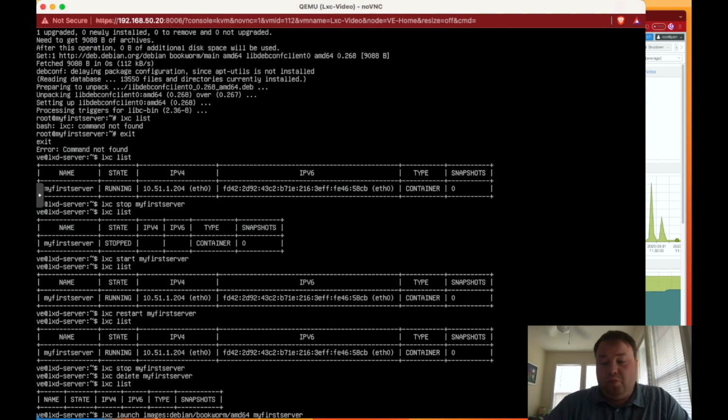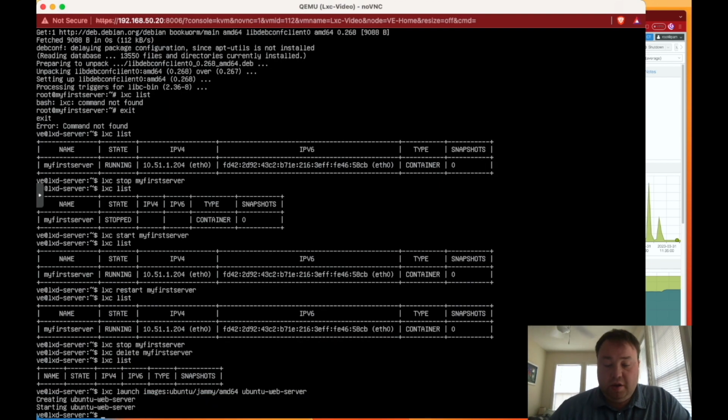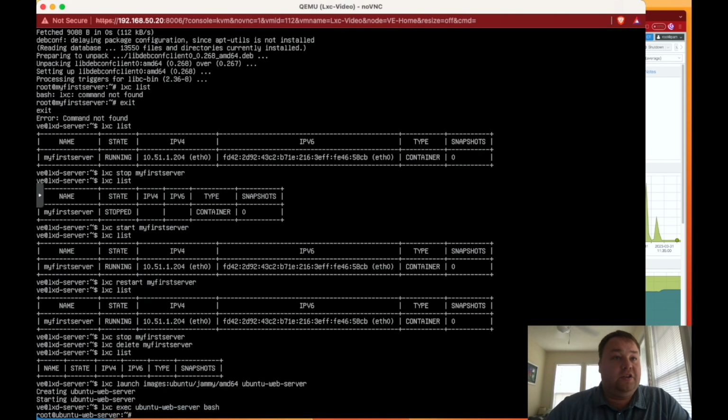But I can't remember what version Bookworm is or anything else here, and it's actually Debian. We want Ubuntu. And I think Jammy is the latest version. So let's use Jammy here, and we're going to keep the same amd64, but we're going to change the name to ubuntu, and I think I can use a dash web server. All right, and now we can run lxc exec ubuntu-web-server bash to get to our command line,